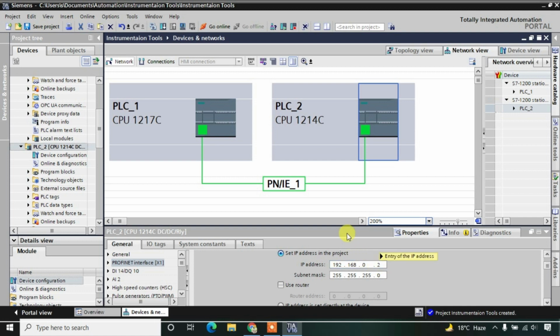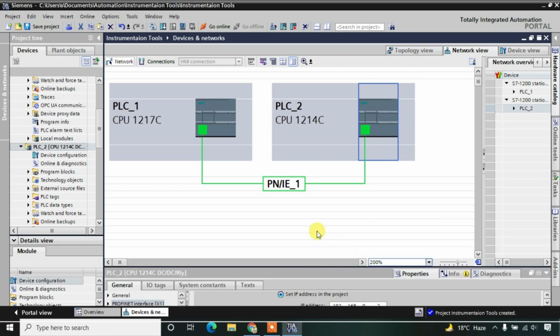In this way we can connect many more PLCs in a network. This is how to connect different types of CPUs as per our requirement, and these CPUs can share data among themselves.